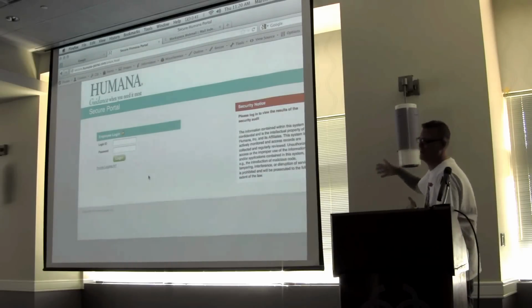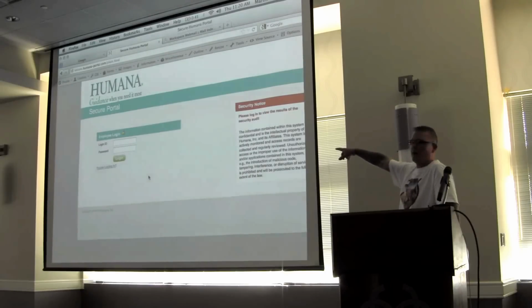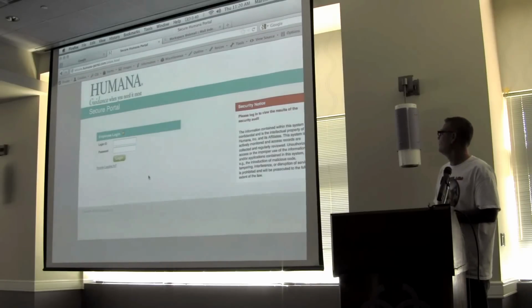It's the resolution on this screen that's pushing it off to the side, but this is our Humana website that we created. Basically, we cloned one of their portals. We got the employee login with the lock, so it's secure. That's right. The lock makes it secure. Remember that. We got the security notice. We got the whole 9 yards. This will look legit to Humana people, right? And it says secure at the top too. So we've got secure and the company name, so we're good.